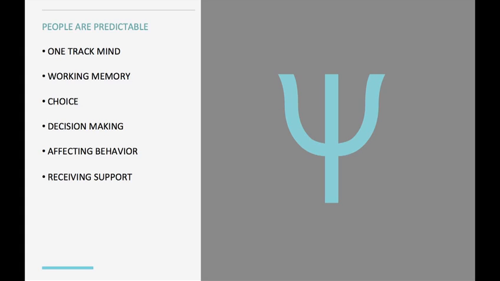And the best thing about that is that we're predictable in known ways. So before people do stuff, we can actually predict how they're going to react to things and what they're going to do. And the things that I want to touch upon today are that people actually have a one-track mind, that we are working,